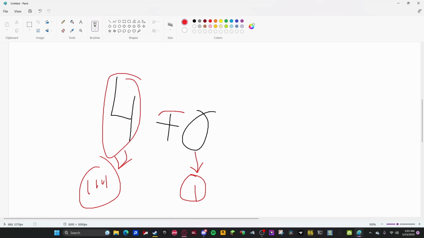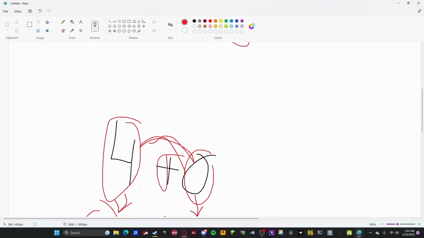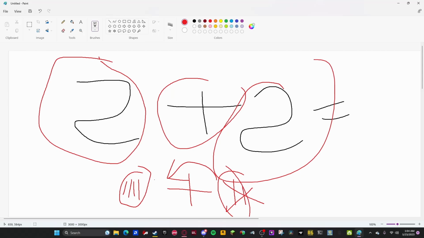So once you add these together, right? Once you add these together, now you have that right there, right? So now this becomes nothing here, right? And now there's this. So now you go back to this, right? So you're left with this 4. So you just take this extra one that was right here, right? This 5, you just put it in there. So now the equation becomes 5